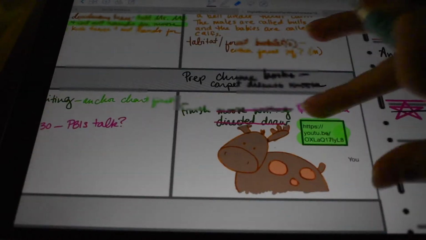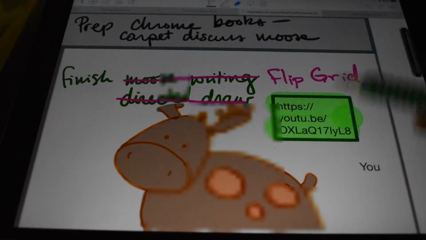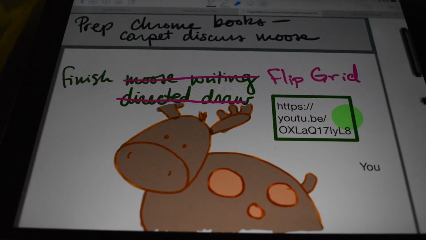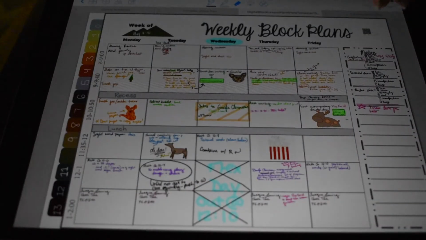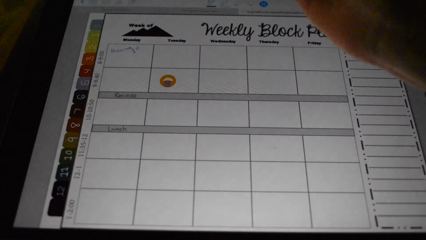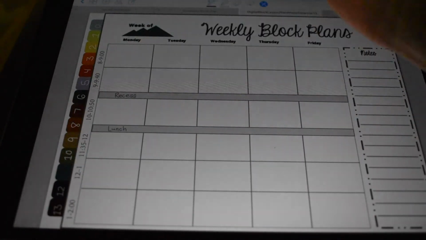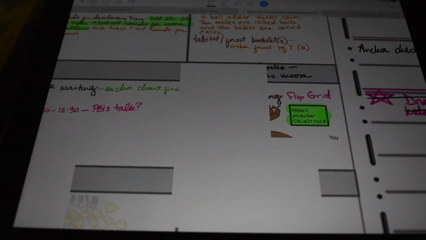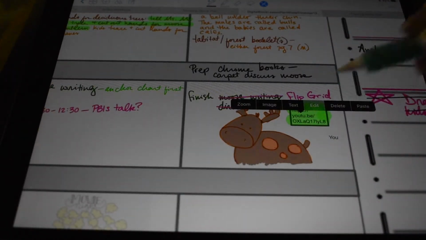One of the things about GoodNotes, though, that you should know before you buy it is links that you insert into GoodNotes will not become clickable links. Only links like these hyperlinks will be clickable because it happened before you inserted the file into the app. So this YouTube link will not be clickable, but you can edit,